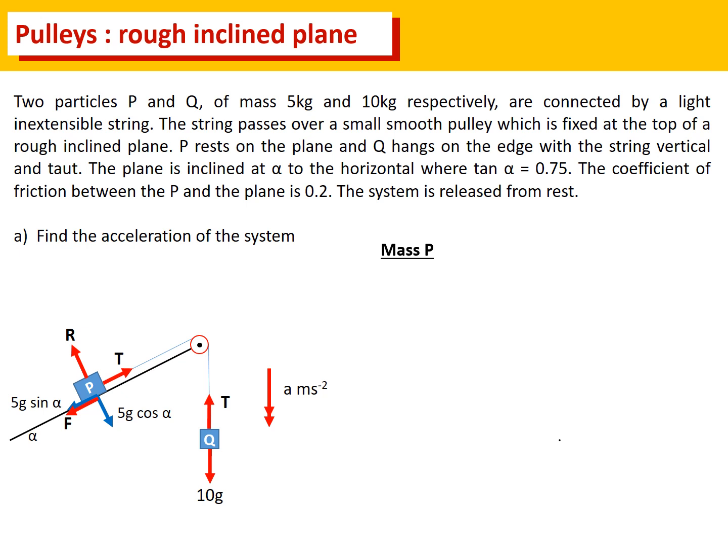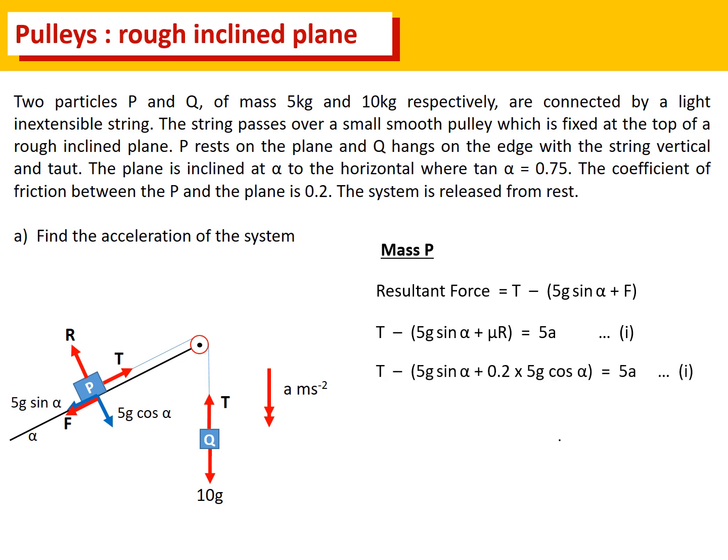So for mass P, the resultant force is T minus the weight component plus friction. They're combining together to resist that motion. And that equals mass times acceleration using Newton's second law. Now, friction is at its maximum, mu R, because motion is taking place. So friction is mu R, and we're told in the question that mu is 0.2 and R must equal 5g